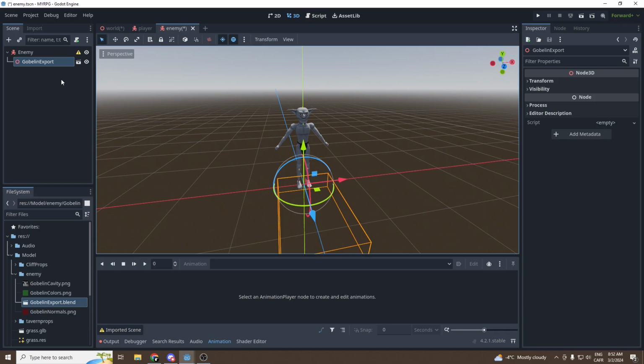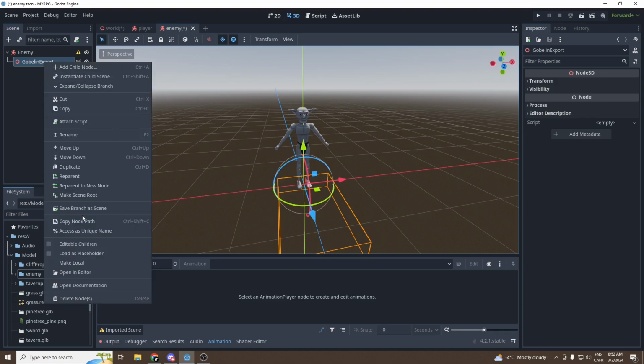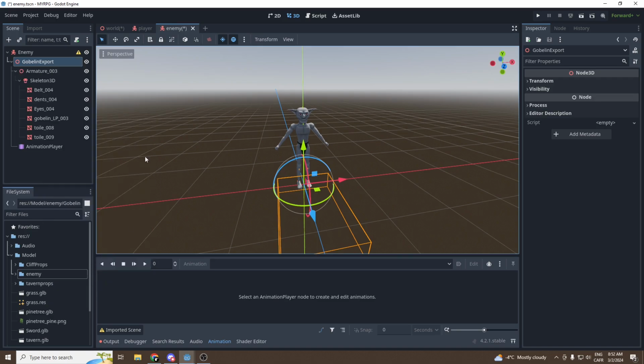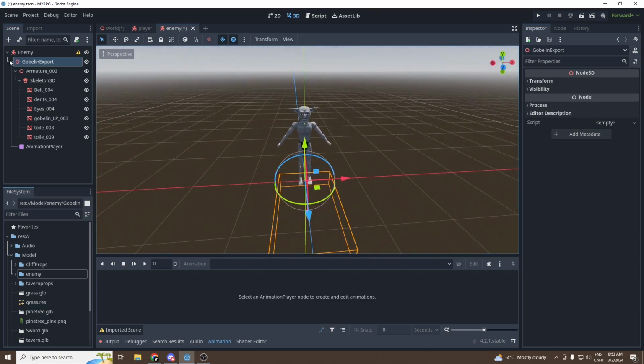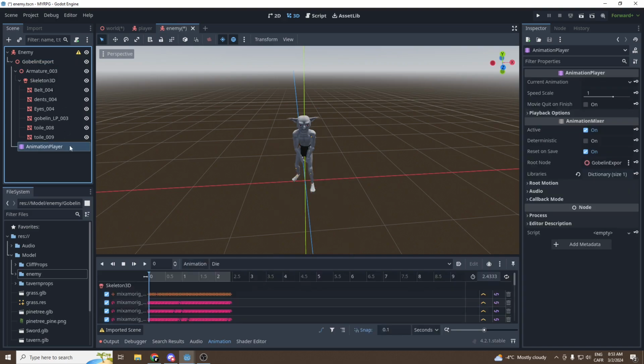We still got a step to do because right now the goblin export is an imported scene, so we cannot modify it inside of Godot. I would have to modify it in Blender, then re-import it, and we obviously don't want that. We want to be able to modify it directly in the Godot editor. So we're going to right click and press on the option make local. Good. So now all the nodes included in our model are imported into this scene. So we can open the goblin export, and for example, we can press on the animation player and we can see all the animations that are with our